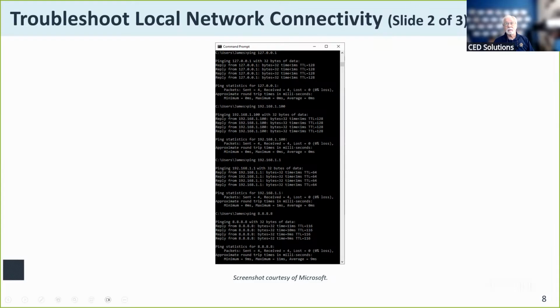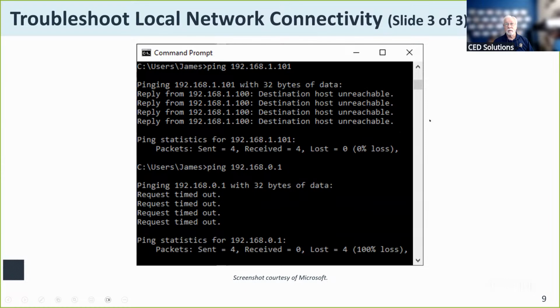And the information comes back much in this format here. In this case, the ping was successful all the way across the board. All four of those 32-byte data frames were able to hit that machine and were echoed back by the ICMP protocol. If for some reason one of those is not successful, it will give you this information here. Nope, couldn't reach the host, or the request timed out.